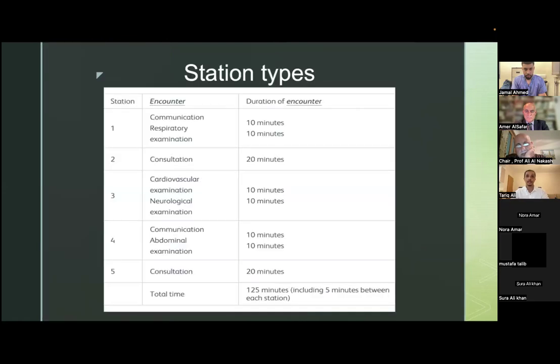Okay, next slide. So we've covered this already, but essentially this is to highlight that it's 10 minutes, 20-minute stations, and time flies. It's 2 hours with multiple breaks in between. And you can see that they're scattered between communication and consultation. That's the main focus of the MRCP now. So we're just going to start looking at the different types of stations and some tips involved in each one. Next slide.